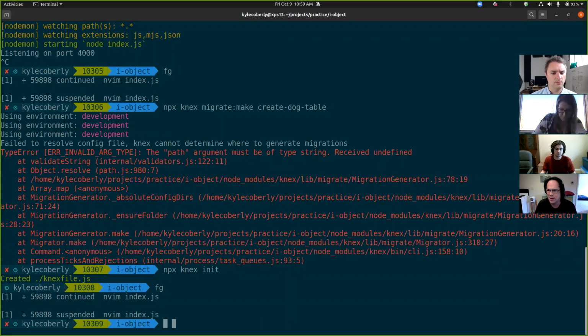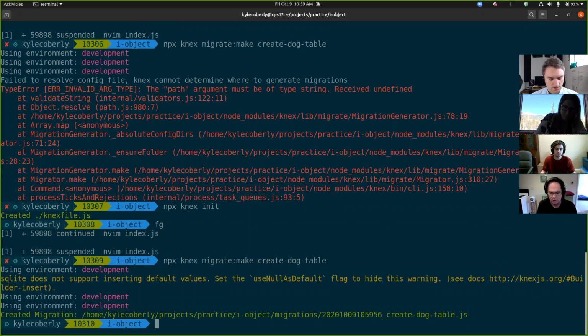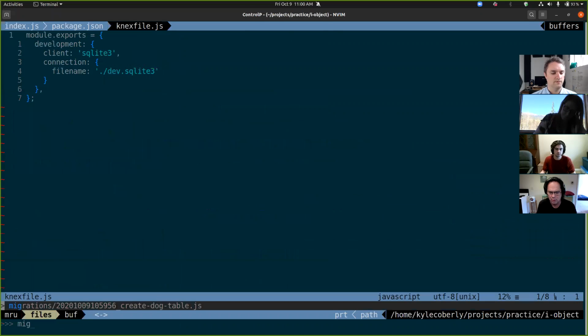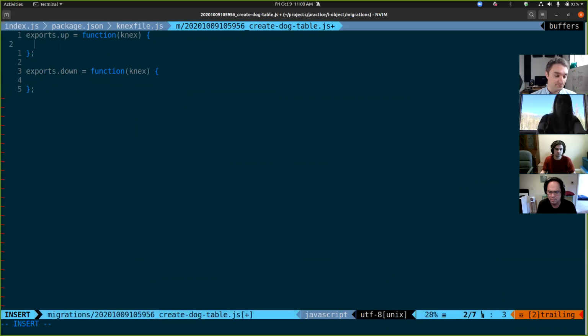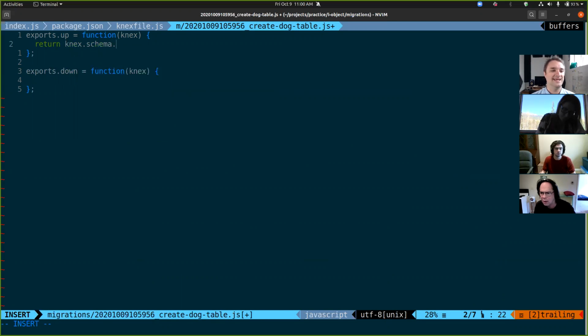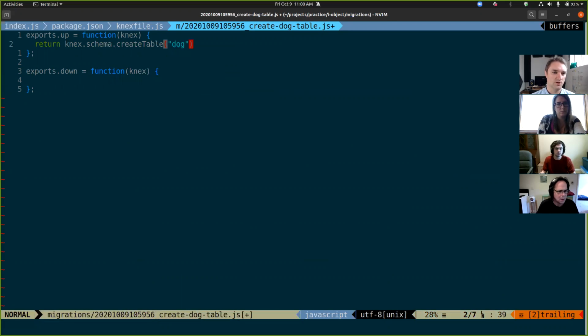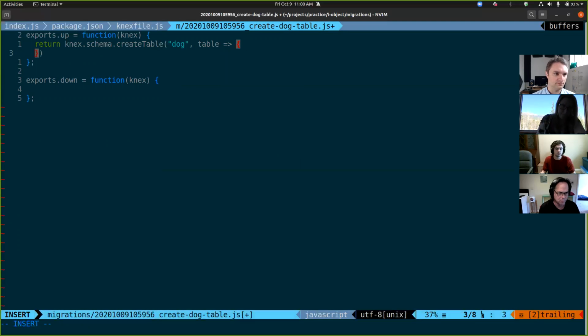All right, now, what if I make that migration again? There she blows. If I open up this migration, the syntax for this is difficult to remember. It takes some practice to get this one down. Return, it's the most important part. Always return out of these functions. Connects.schema.createTable. Call it dog. And then we can say